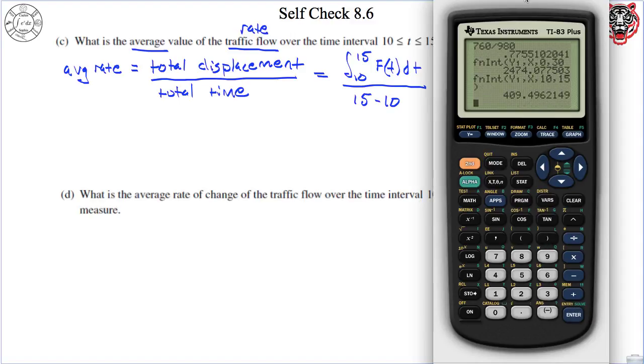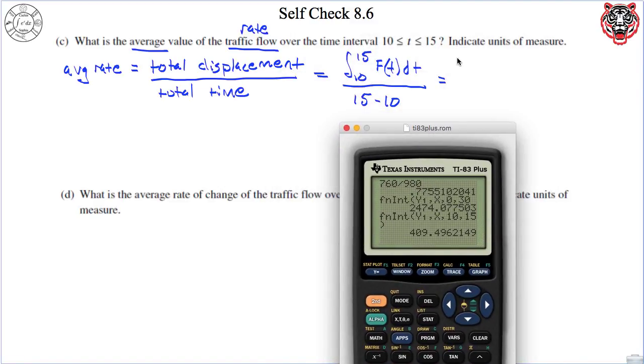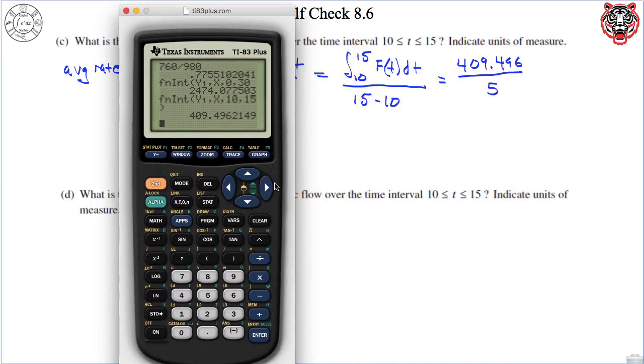And I have 409, so let's go ahead and do that. So it's going to be 409.496, all divided by 5. So I'll come over here and I'll say answer divided by 5, and I get 81.899. So this is, I guess I should have done approximately equal to there at this point, because I was approximating the numerator. So that's going to be 81.899. Don't forget our units, because it does say indicate units of measure for this one,